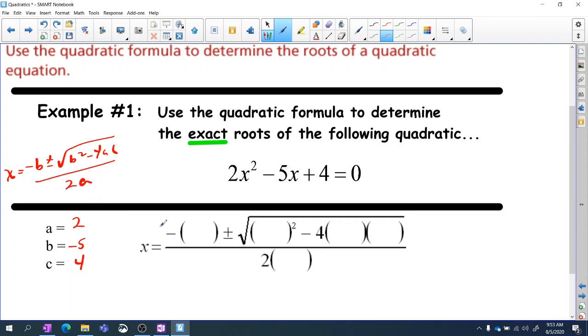So I'm going to fill these numbers into the formula. So this one is negative b. Well, b is a negative 5. So negative 5 plus or minus b squared minus 4ac over twice a. And now it's just a matter of doing some basic computation. So negative 5, we wouldn't leave it like that. That's 5. Plus or minus square root. This is 25. Take away